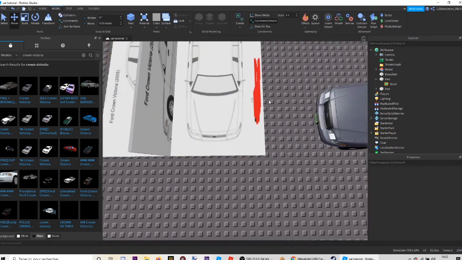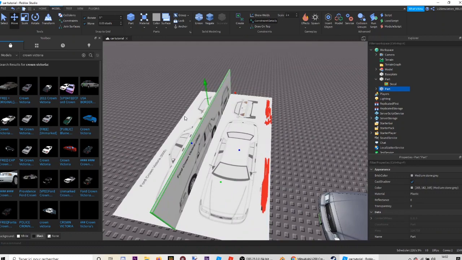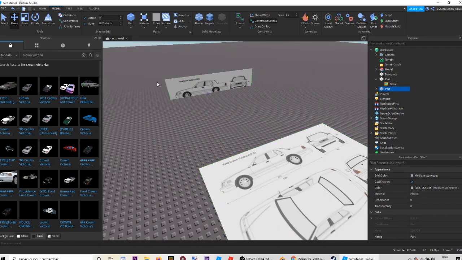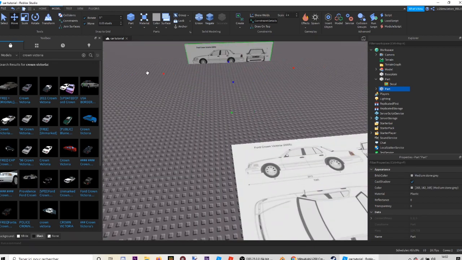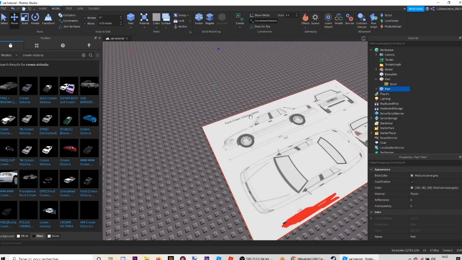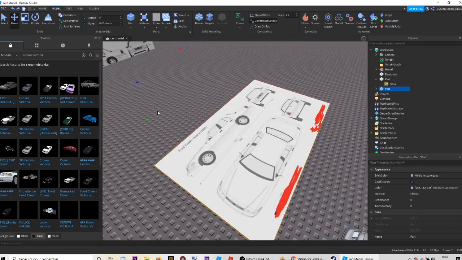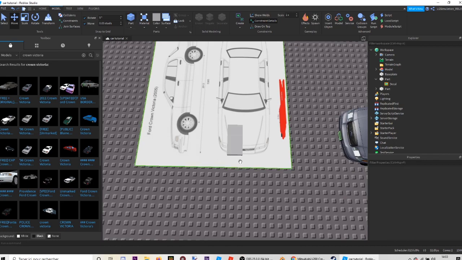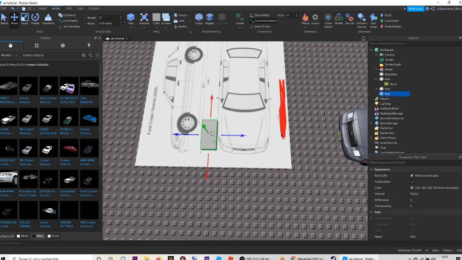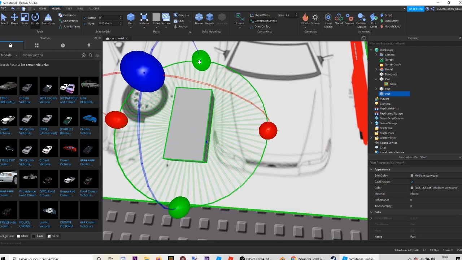Now what you're going to want to do is take this blueprint here and put it wherever you want. I suggest just taking it and dragging it along like that, and like that you don't lose the alignment. Next, put a block down by going into Part up here. Click there. You put a part down, and next you're going to want to